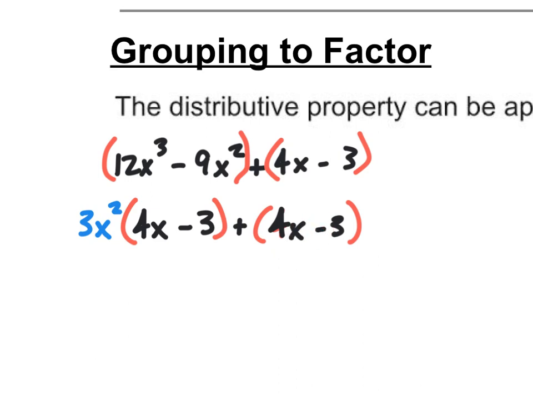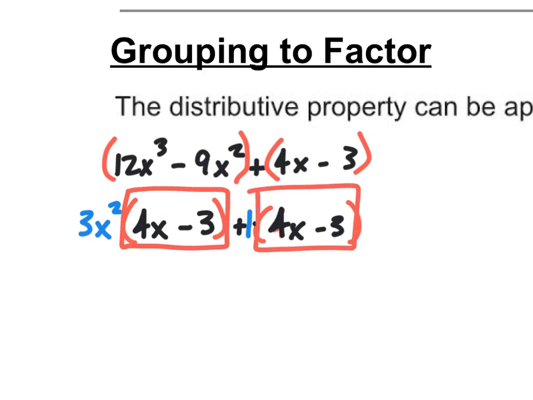Now I already just have a 4x minus 3 here, so I don't have to really do anything. But I will put that I have a 1 out here, to kind of help with what we're doing. I'm going to multiply that binomial by 1. Now what I have is a common 4x minus 3 factor that I could then factor out and bring out front. So if I factor out that common 4x minus 3, I'm going to write the factor of 4x minus 3 over here, and then that would be multiplied by what's left,